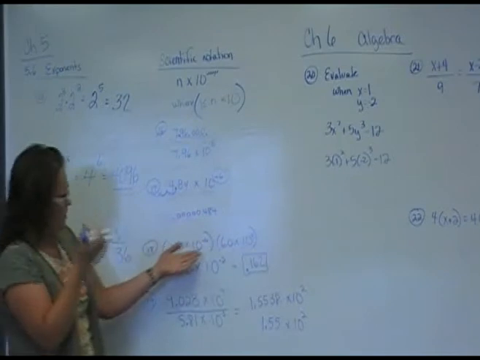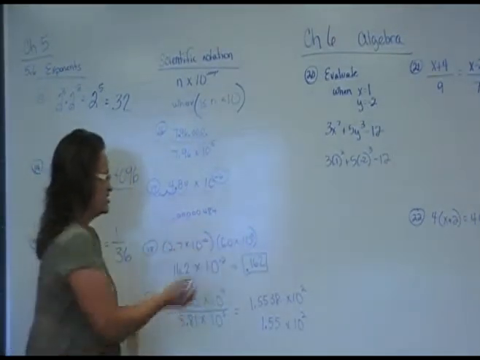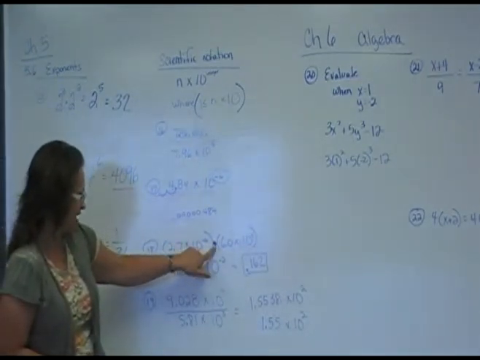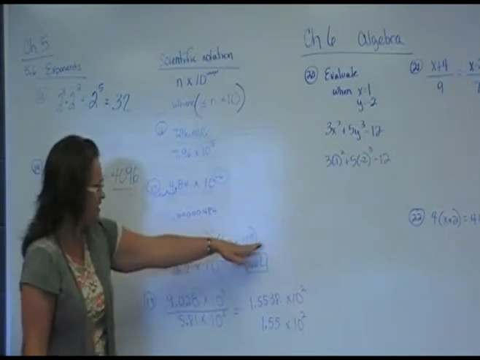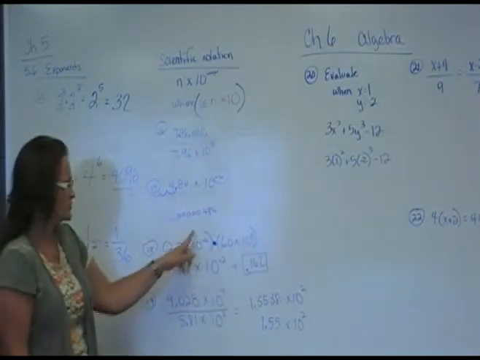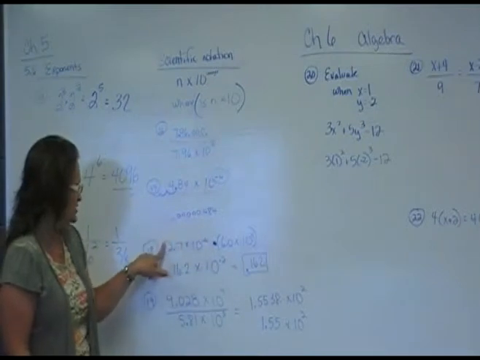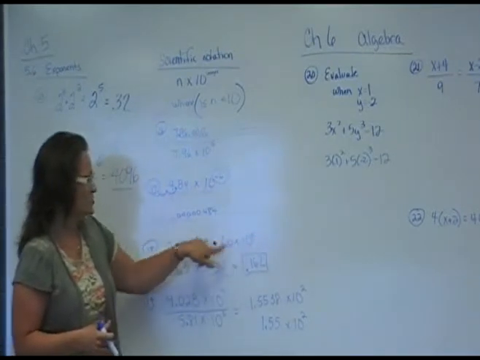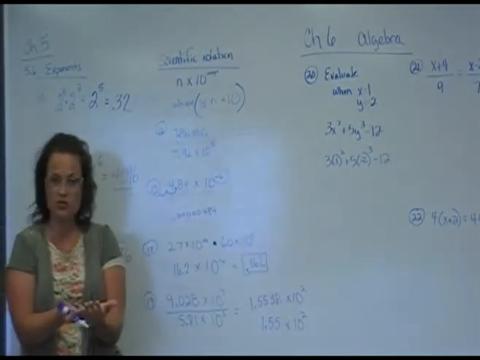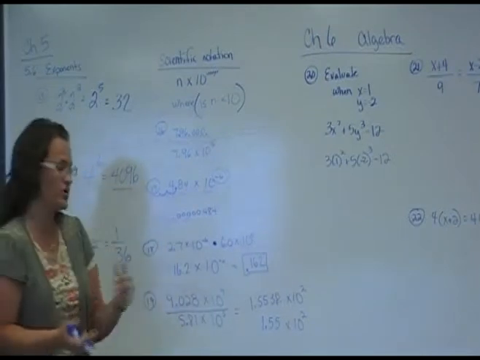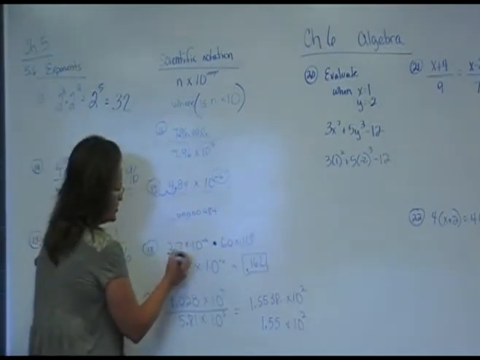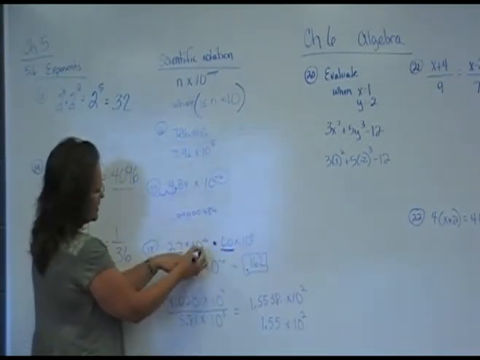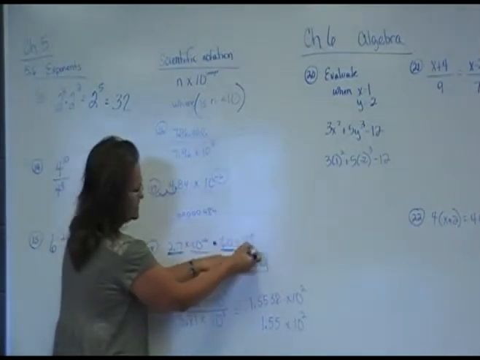Number 18, we have 2 values in scientific notation multiplied together. So scientific notation already has a times sign in it, and then times another scientific notation with a times sign in it. That is just one big multiplication problem. So really, the parentheses could be dropped. It's not the FOIL method if you were thinking of the FOIL method, because those aren't plus signs, they're times signs. So it's all just multiplication. We know we can multiply out of order. Any order is okay. So I would take the 2.7 times 6, get that multiplication done, which is 16.2. Then take the 10 to the negative 6 times the 10 to the 4th,